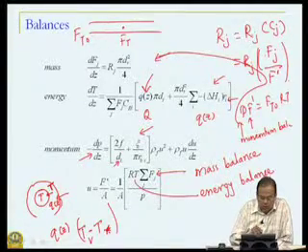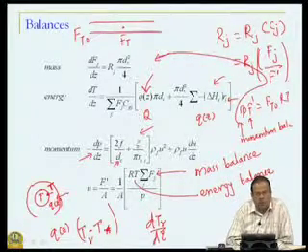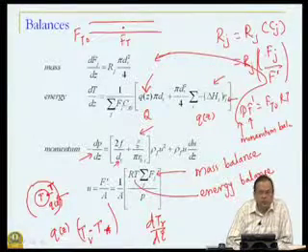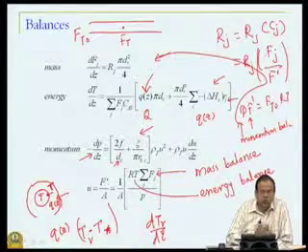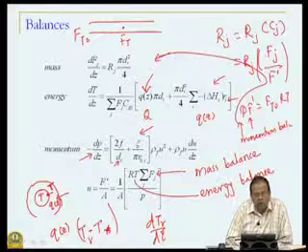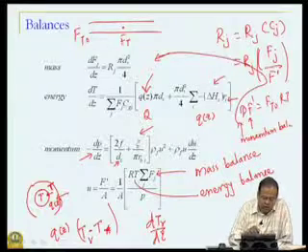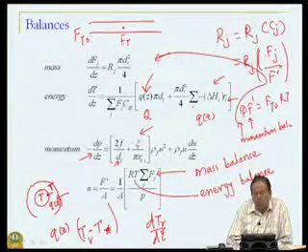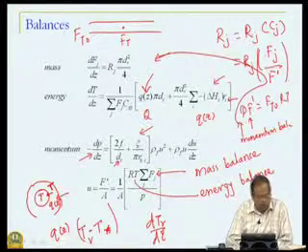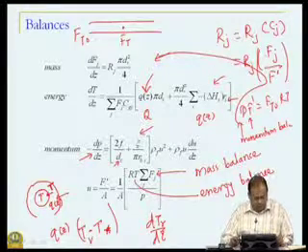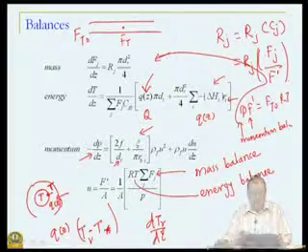So, we can add one more balance for how TR changes along the length of the reactor. That will depend on the burning rate of the flue gases or burning efficiency of the flue gases and so on. So, we can go on expanding the model in terms of the details that we want. But what we saw here was the base level model, where we just assume that there is a certain heat flux that we can achieve, and that changes along the length of the reactor. So, this was our first case study.